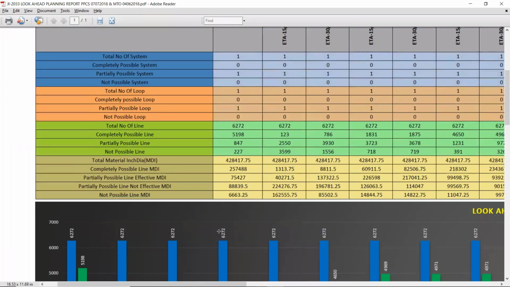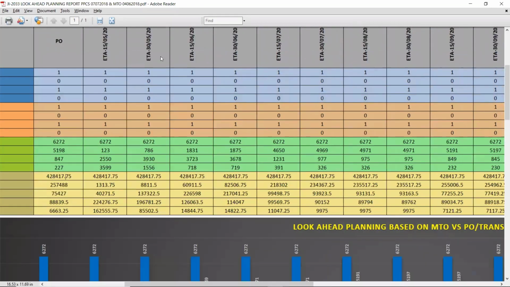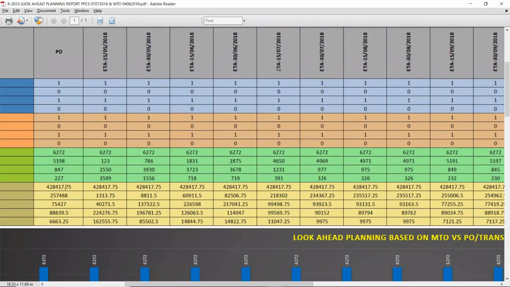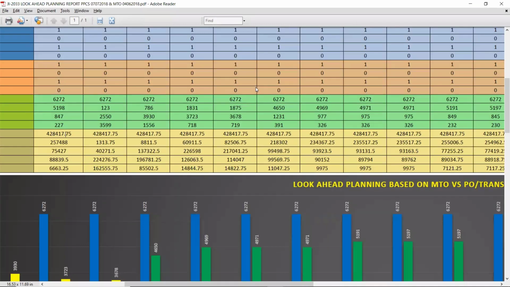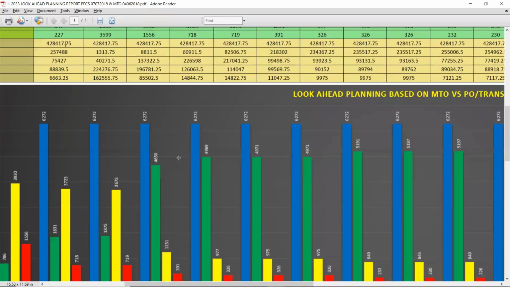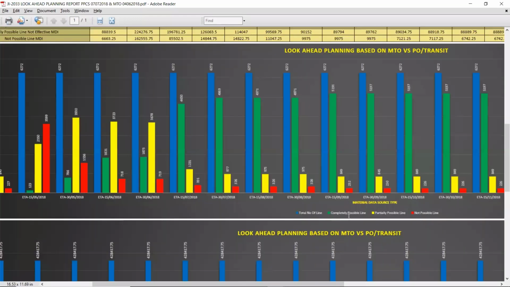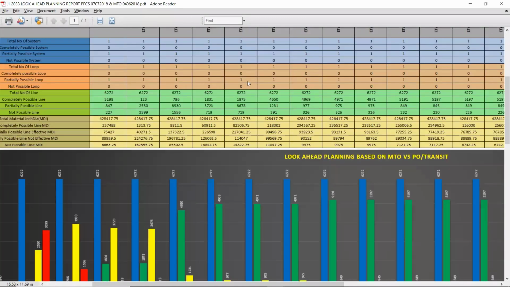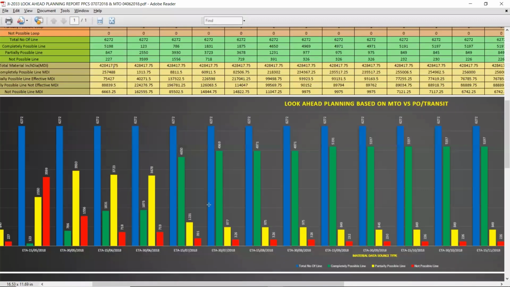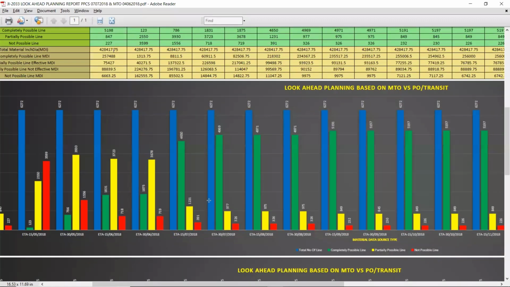Similar to the PO source, further analysis is done with respect to the available dates. On these particular dates, we are going to receive additional material. Now, what would be our count? This is further calculated. We can see in this chart, my green color row, which is the actual possible results, is my completely possible line results. It has grown and increased. It is a cumulative number. So based on the receiving quantities on this particular day, my green color column has increased.